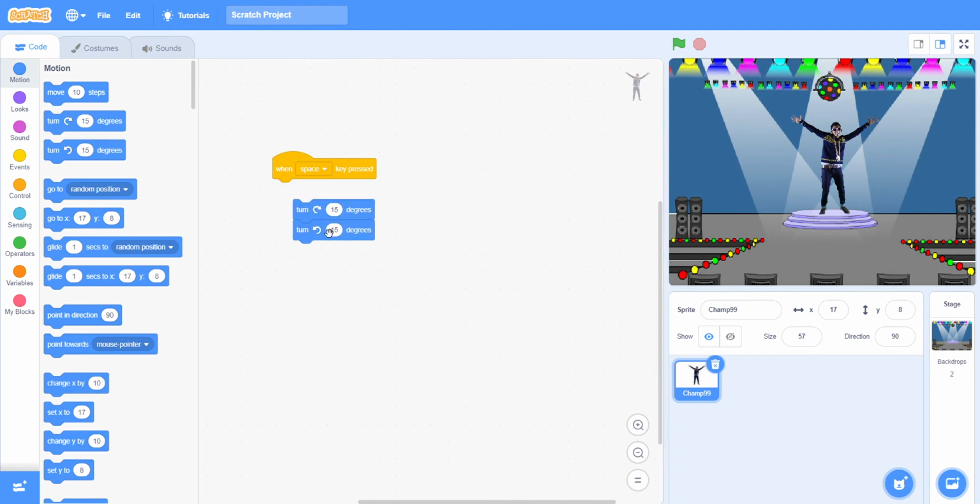You put both of them like this, or you put both of them like this, same, it will stay in the same position because it goes right and then left the same degrees. Even if it goes left and then right the same number of degrees, the position won't